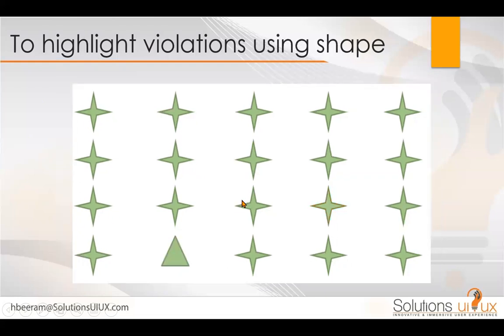So what we can do for it, we can have a different shape of the violation, right? So now everybody is able to see the change, right? It's not just for the colorblind, but it is also for normal people. They can see where the violation is. Everybody can point to this one. And now, if you add red color to this, then it is easy. You can find this not just in 30 stars. You can find it in hundreds of stars.